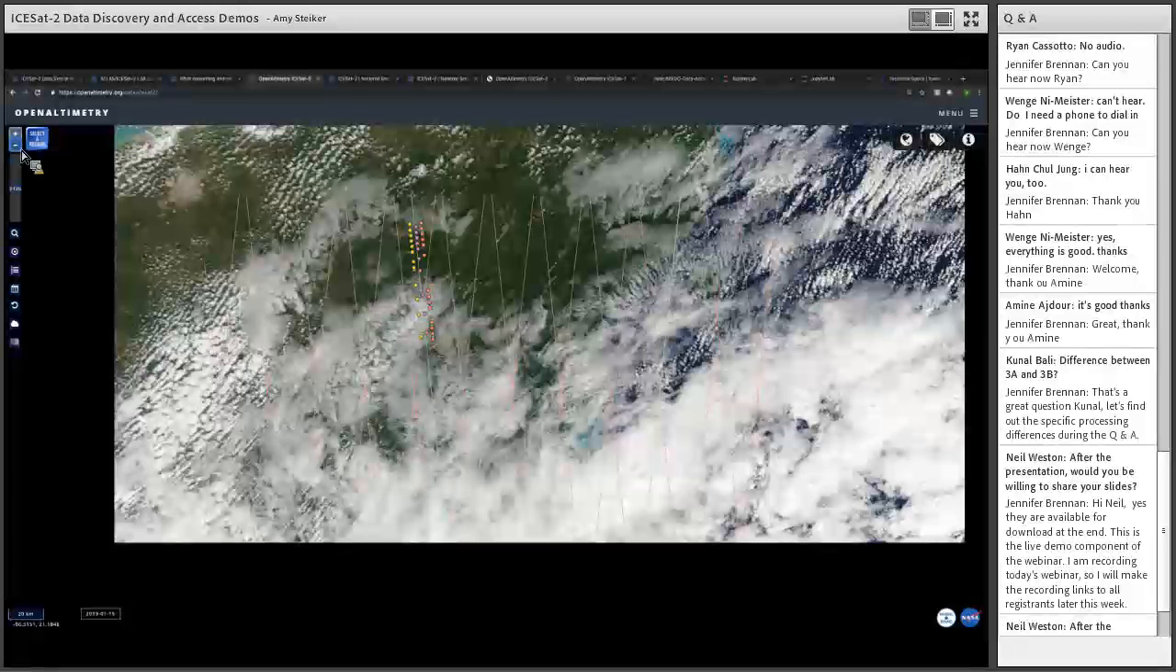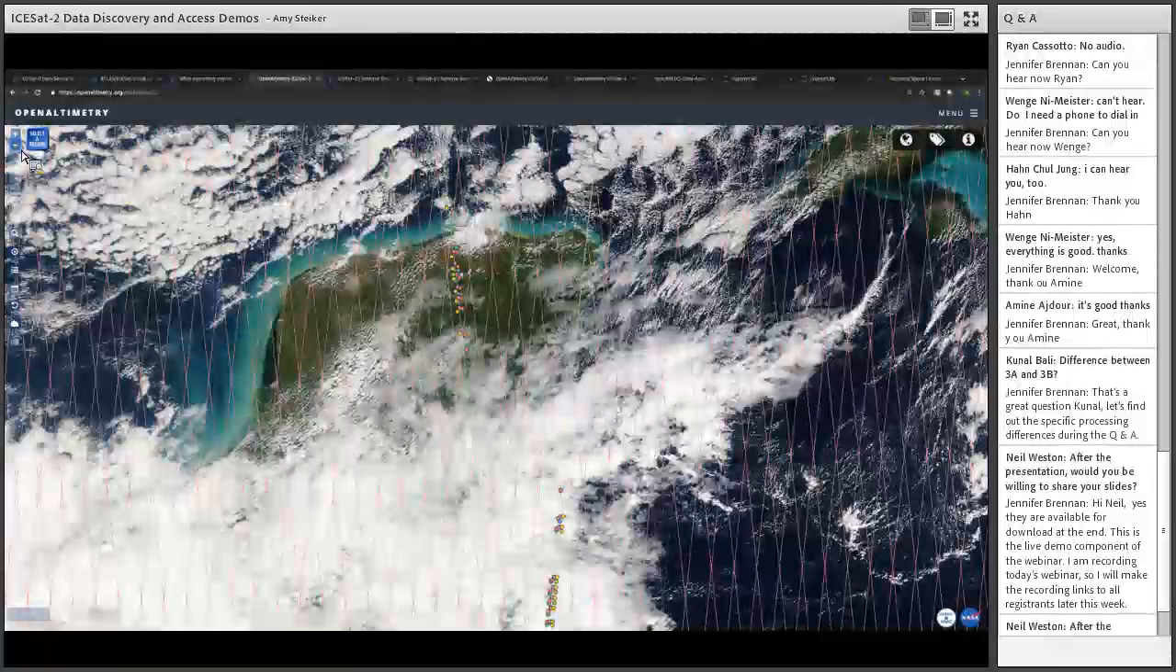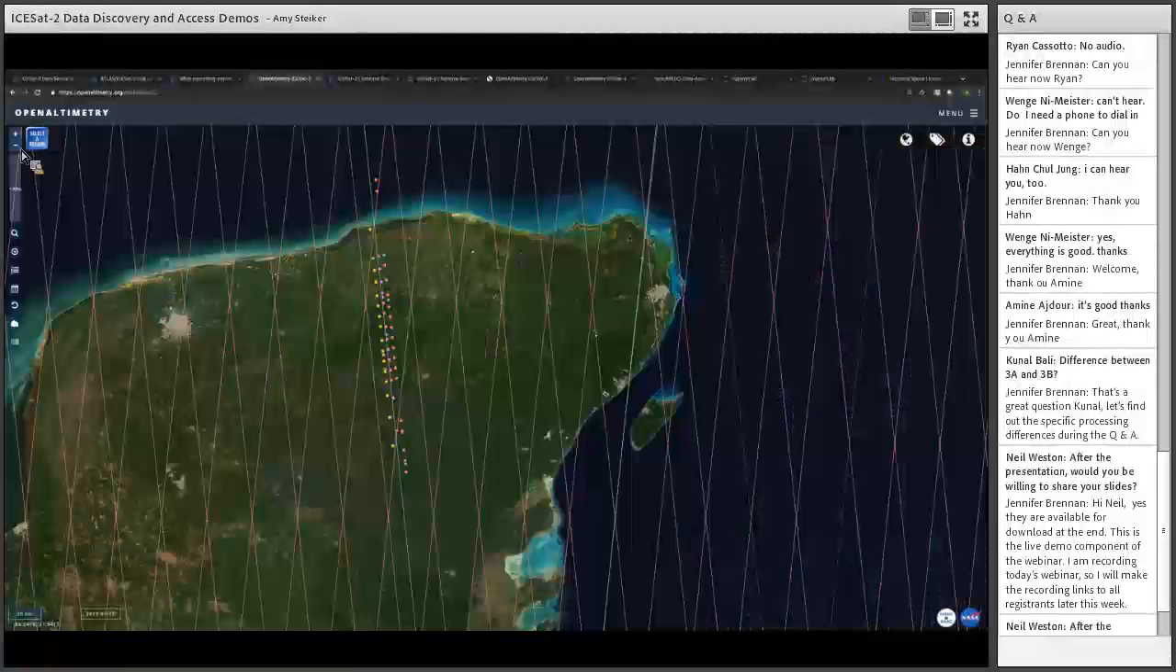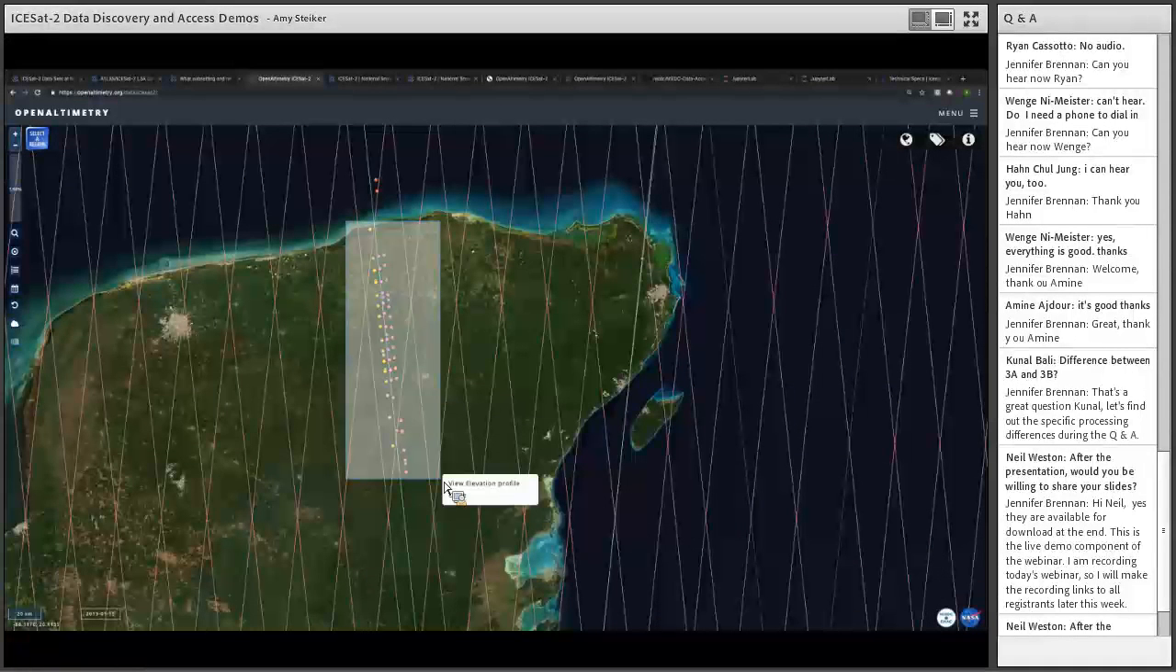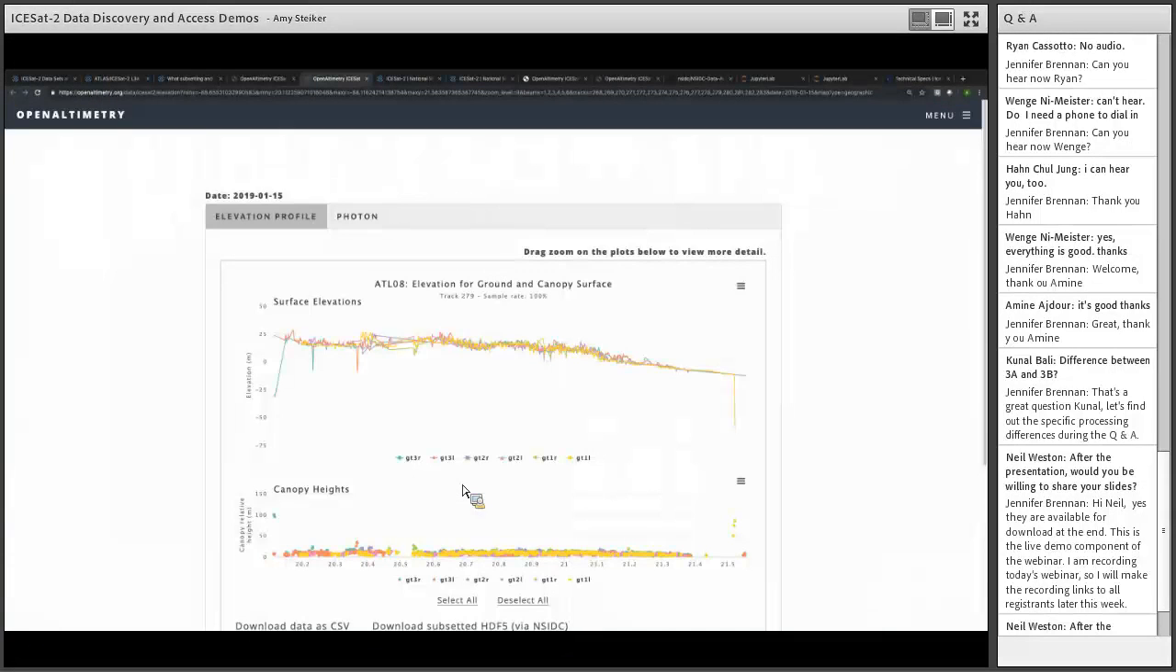So I'm going to click at the top left. There's a Select a Region button. I'm going to click that and drag my cursor over that area, and I can draw a box over the region that I'm interested in. I think there's a little bit of a lag, but I'm again drawing a box over that region. And what I can do then is view the elevation profile of the data. So I'm going to click on View Elevation Profile, and a new window will open